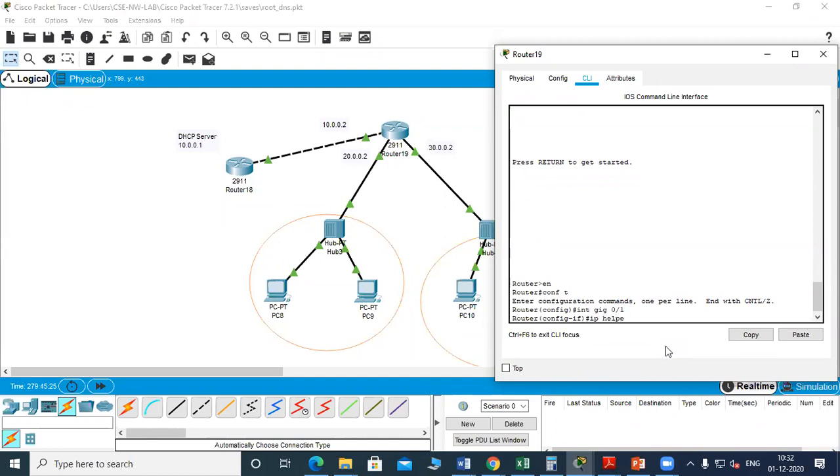IP helper-address. Now, which is the address? All the packets have to go to this DHCP server. So it is 10.0.0.1.